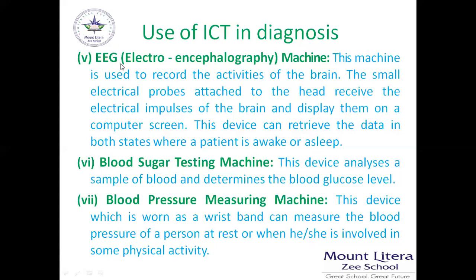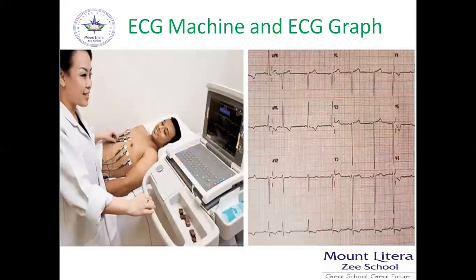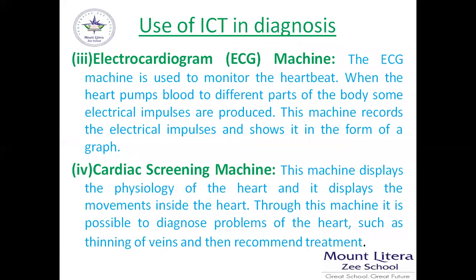So you know, the ECG is used for the brain, and the cardiac screening machine is used for the heart. So in this way,